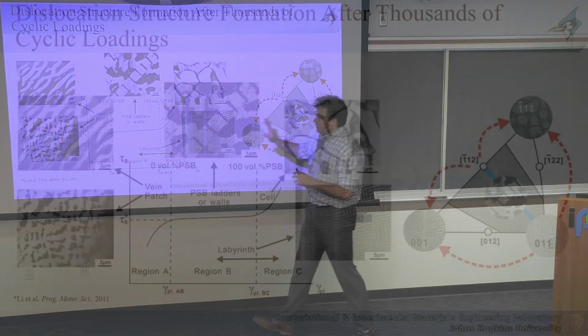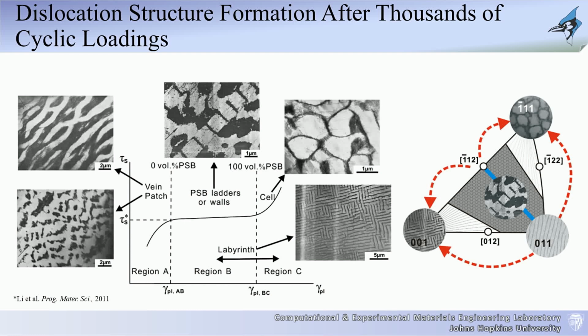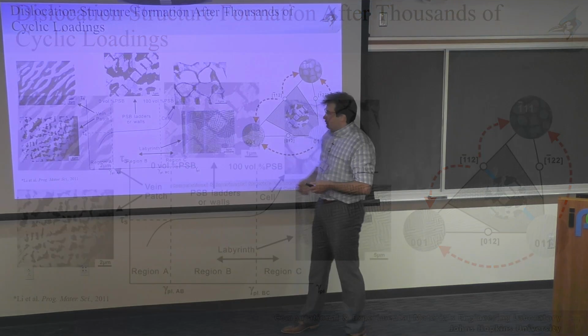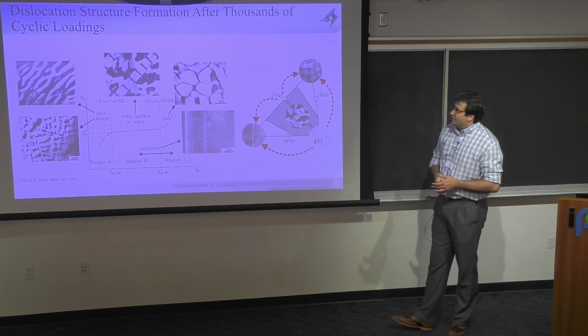So this is just an example of cyclic loading of, in this case, another FCC metal. I think this is copper-nickel, but the behavior is very similar even for 316L. If you do cyclic loading, depending on orientation, and depending on the magnitude of the plastic strain that you're cyclically loading about, you get these very nice dislocation structures that are forming, right? And if you compare this type of behavior to the previous image, they're very, very similar. So it indicates that there's something happening as these materials are being cooled down, during that cool down process after the melting and after the solidification, that leads to these types of structures. So again, we're trying to understand it in a little bit more detail.